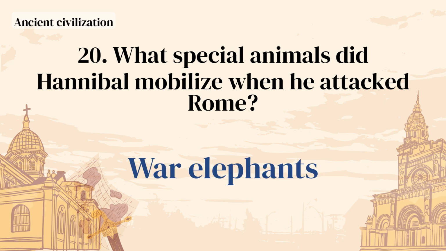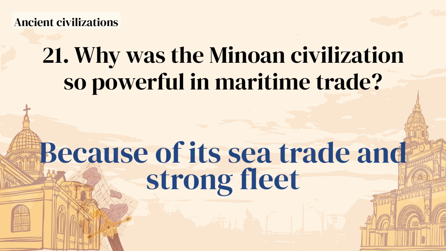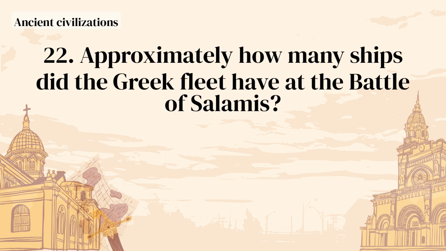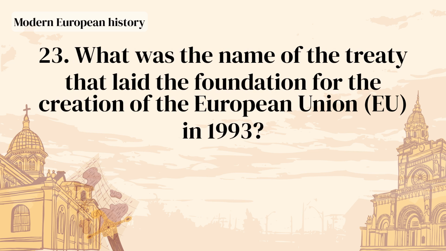War elephants. Why was the Minoan civilization so powerful in maritime trade? Because of its sea trade and strong fleet. Approximately how many ships did the Greek fleet have at the Battle of Salamis? About 300 ships. What was the name of the treaty that laid the foundation for the creation of the European